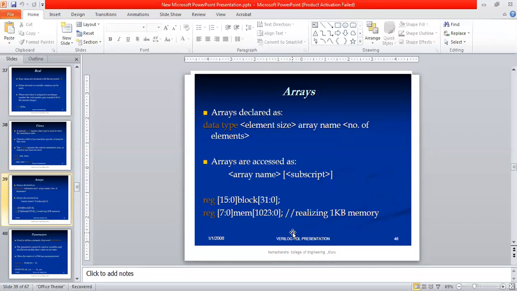Let us see the syntax of the arrays used in our Verilog HDL. Arrays can be declared by first defining the data type, then the element size, and then the array name and number of elements. In that way, we can define the arrays in our Verilog HDL.